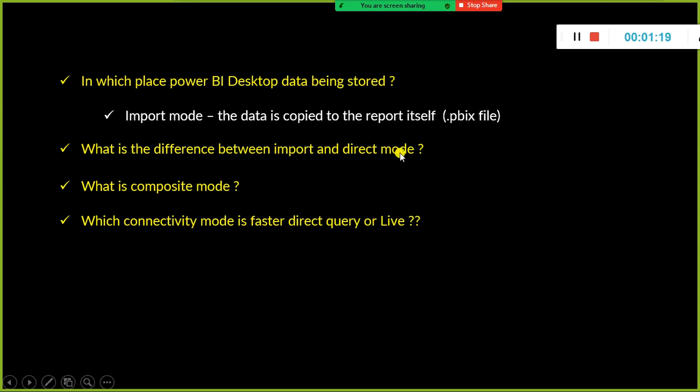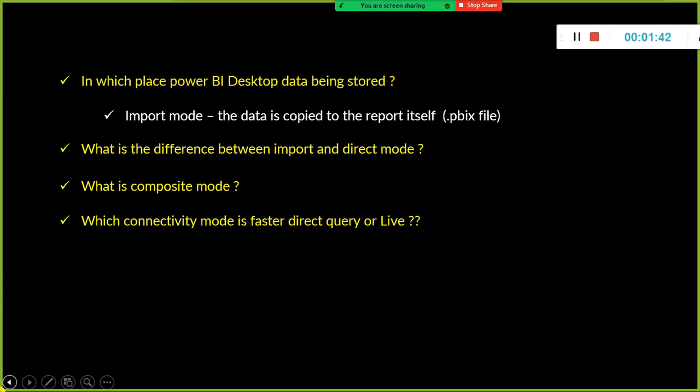So the difference is that import is the default mode, and it is the most frequently used, because if you import the data locally into your system, the performance will be faster. Anything which is local will be faster.